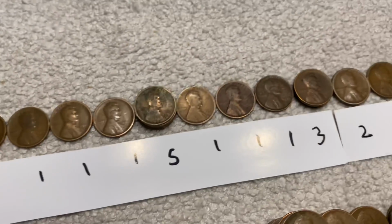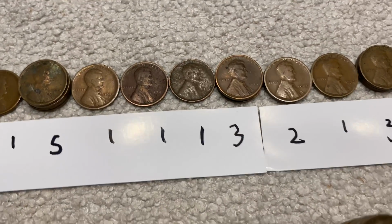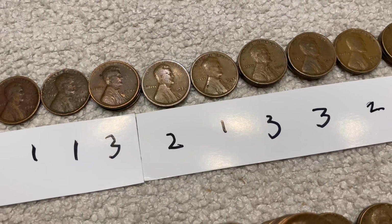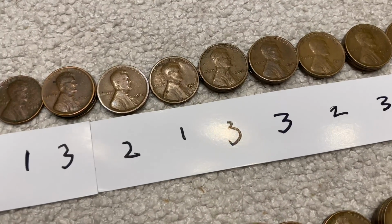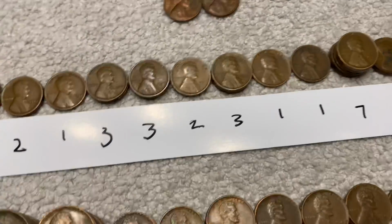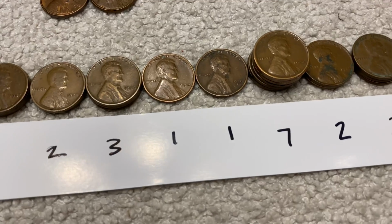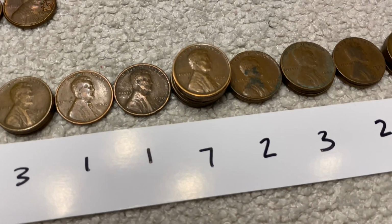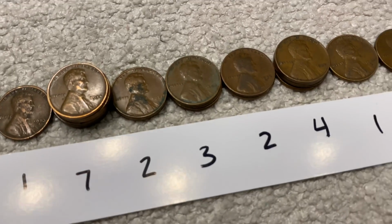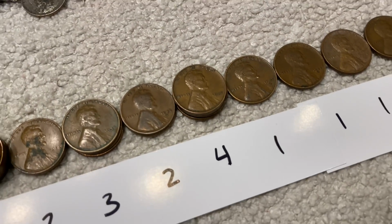5 1920s, a 1920S, a 1921, a 1923, 3 1924s, two 1925s, a 1925S, 3 1926s, 3 1927s, two 1928s, 3 1929s, a 1930, a 1930S, 7 1934s, two 1935s, 3 1936s, two 1936 Denvers, 4 1937s,